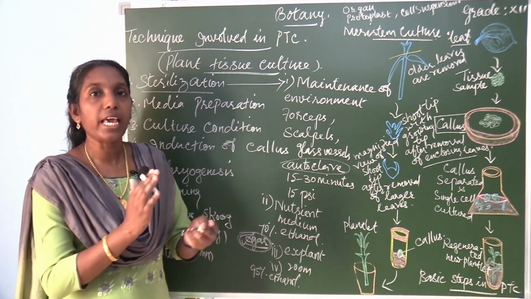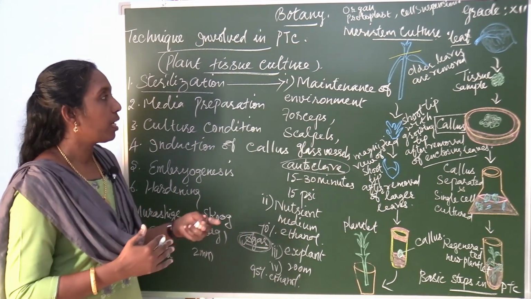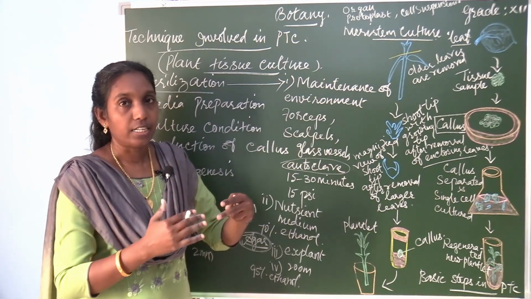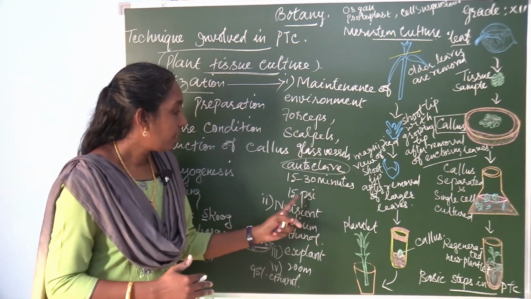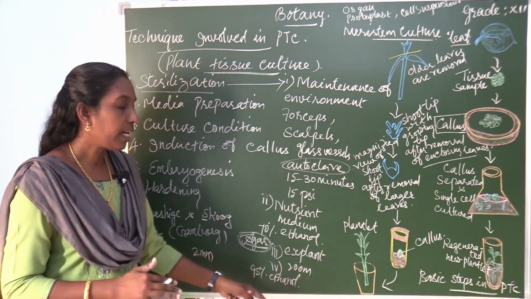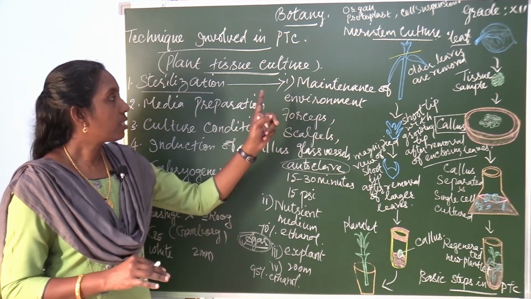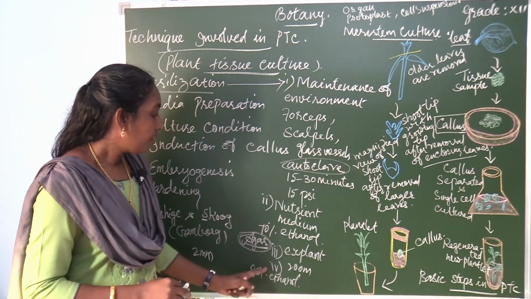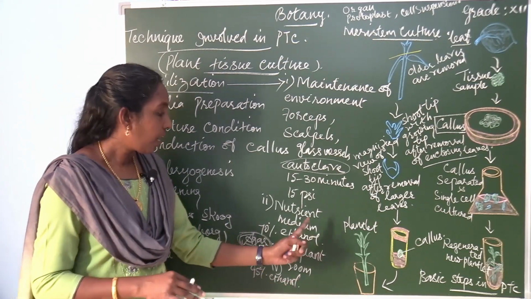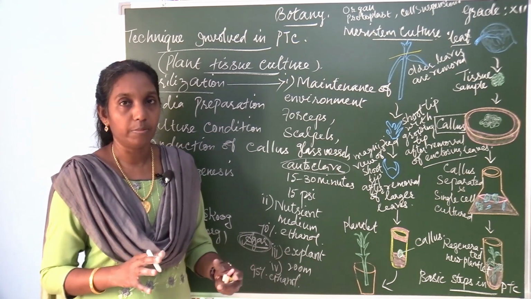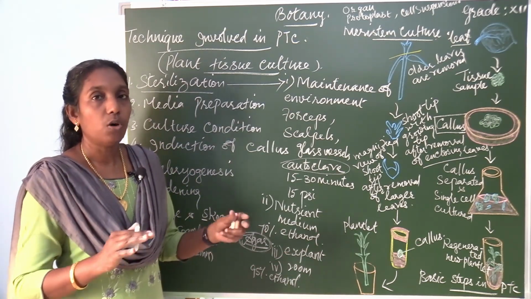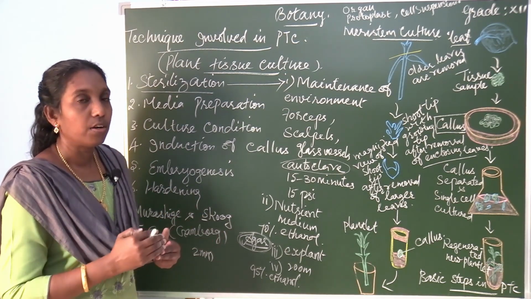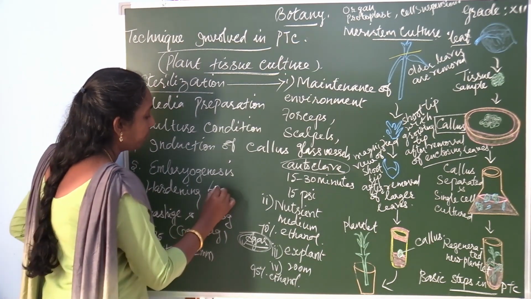Make the environment aseptic. To produce the aseptic environment, sterilization must be maintained in the environment, in the nutrient medium, and for the explant as well as the room. So, first the environment conditions and the tools, everything can be sterilized, then the room must be sterilized, the explant must be sterilized, and the nutrient medium must be sterilized. And all these tools are used and the work is done in front of the laminar airflow chamber.